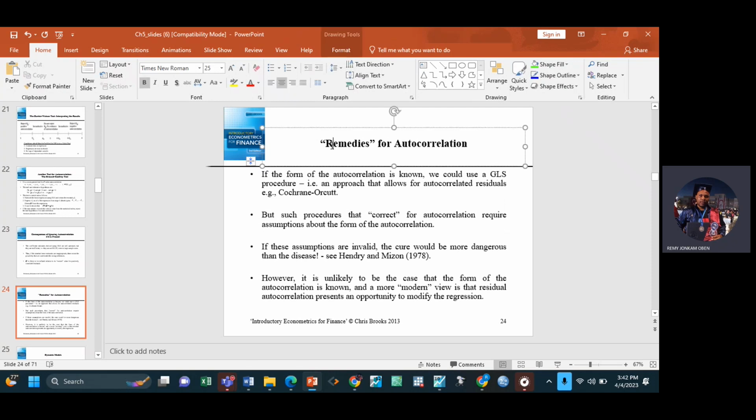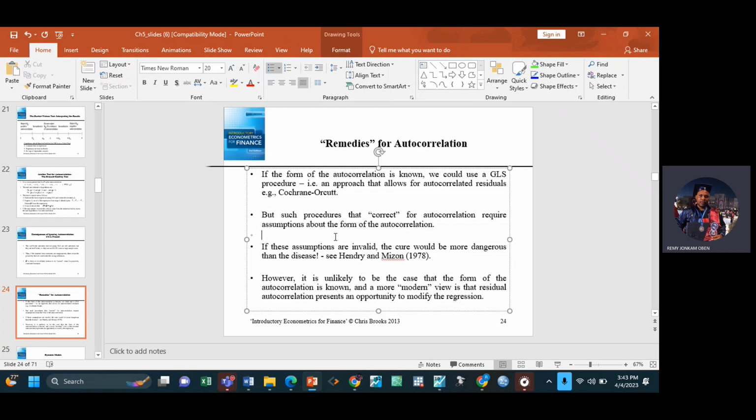Okay. How can we solve autocorrelation? By the way, remedies means solutions, right? Of course, we always have our log transformation, which always helps. It's always good to do log transformation because it tries to solve these kinds of problems. Again, if we know the nature of the autocorrelation, we can use generalized least squares, but this method is not practically possible because it's difficult for us to know the nature of the problem. So we can try to solve it with the Newey-West method I told you about, which tries to solve both heteroscedasticity and autocorrelation simultaneously.